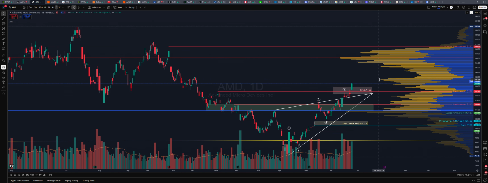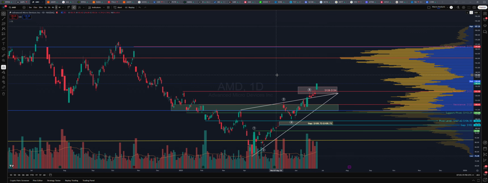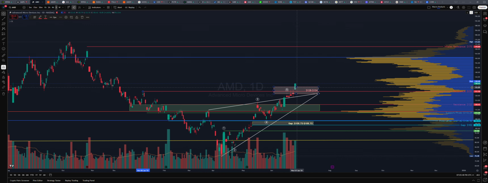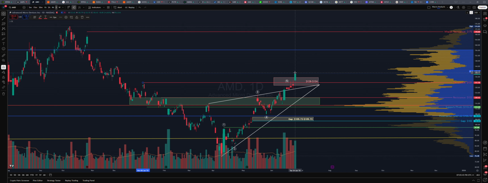Then if you get above this level here, which is 141, the next level we're looking for is that 160, 170 target on AMD. So you want to see AMD stay above this 134 level over here, which was current resistance. So you can still see upside towards that 161 target, 170 on AMD, once it's holding this 134 level, which it broke out of. So we're keeping an eye on AMD. You don't want to see AMD just gap up here and then have that sell off and start dropping.